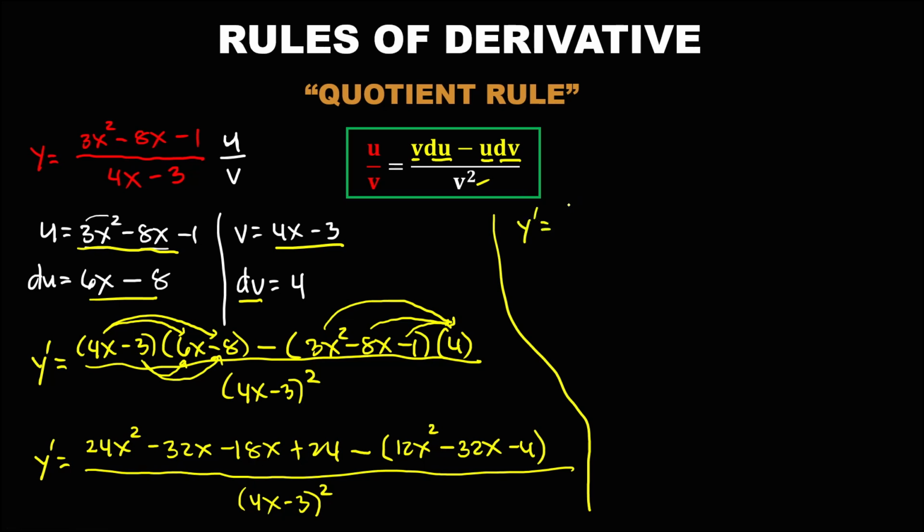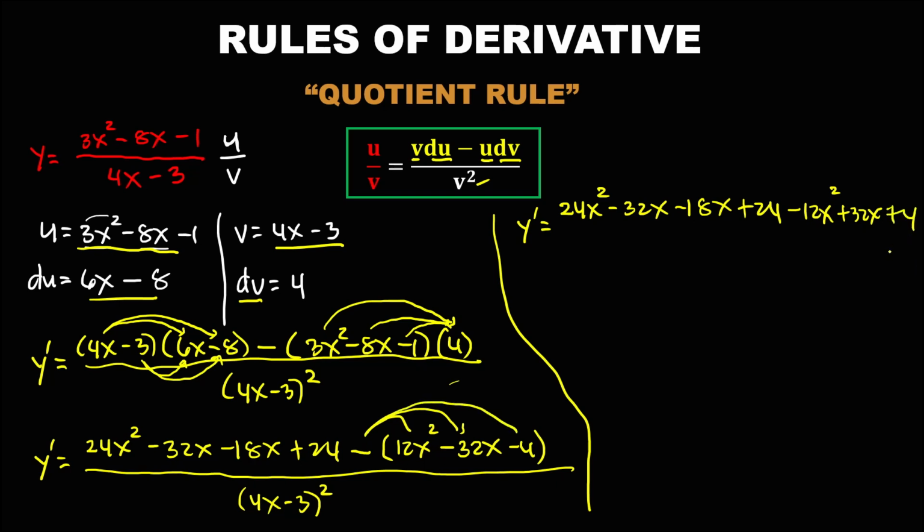So y prime equals 24x to the power 2 minus 32x minus 18x plus 24. Then this negative becomes negative 12x to the power 2, and this negative becomes positive 32x, then positive 4, then all over